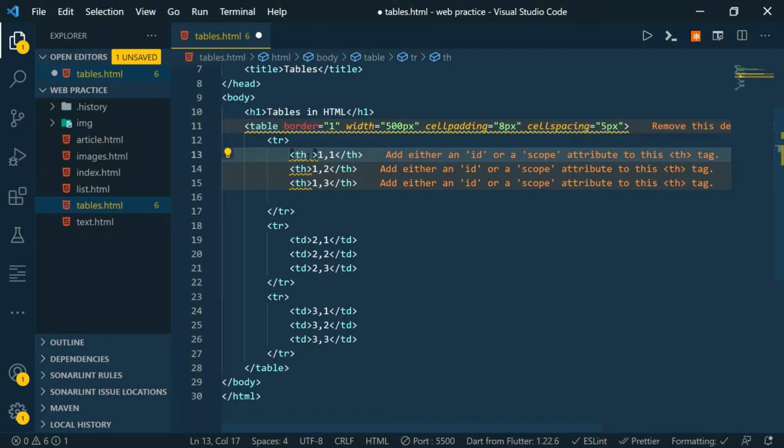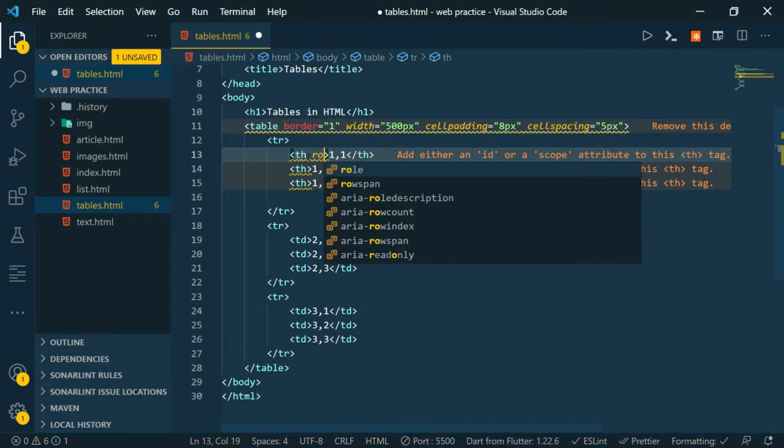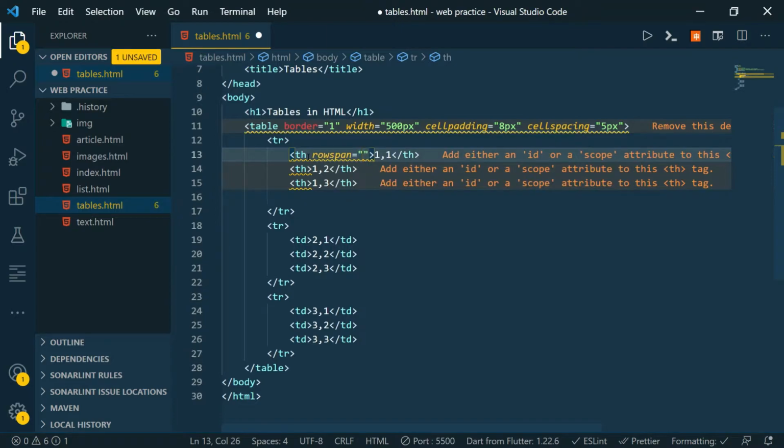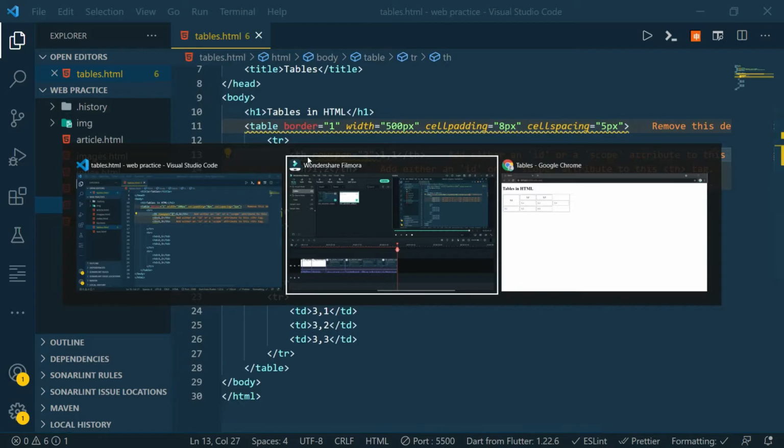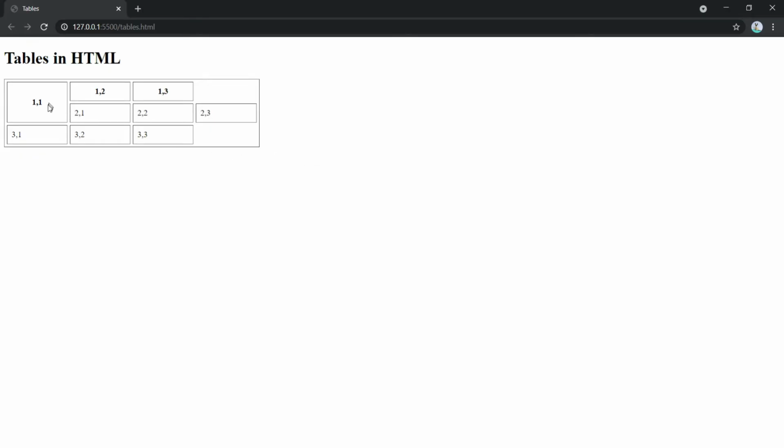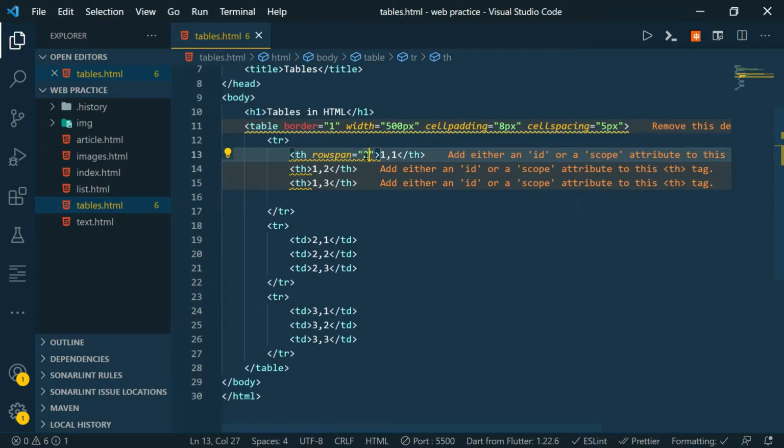In this particular th tag, we'll add a rowspan attribute and we will merge two rows for this cell. So as you can see, it spanned two rows for the single cell in which we have added the rowspan attribute, and we can also add a colspan attribute and see it.